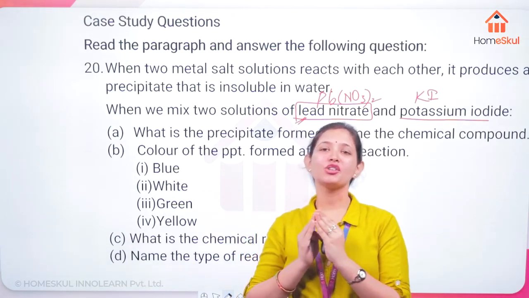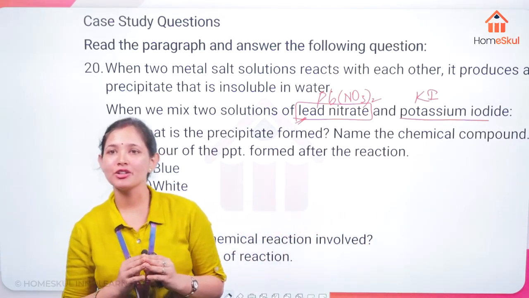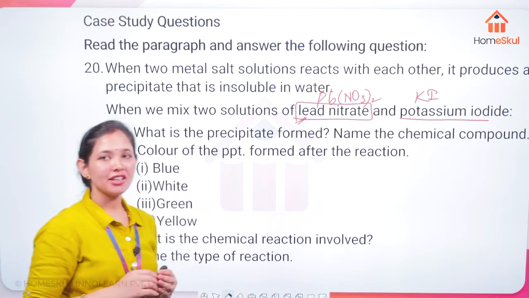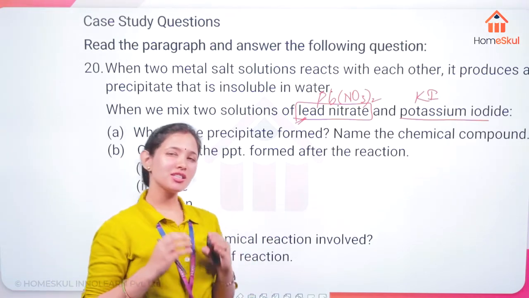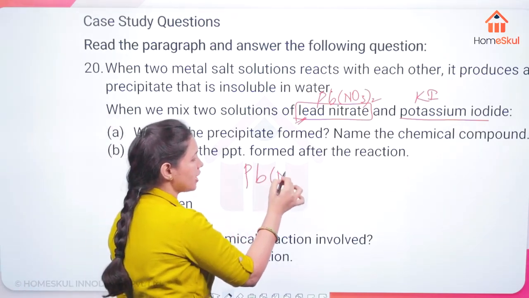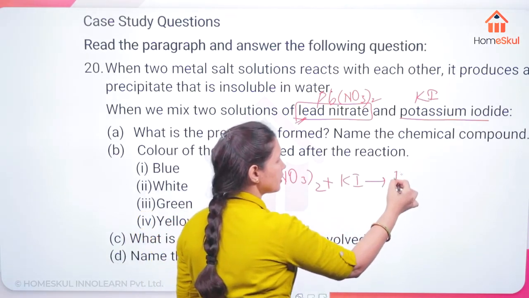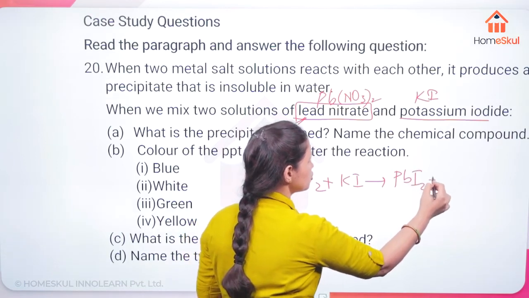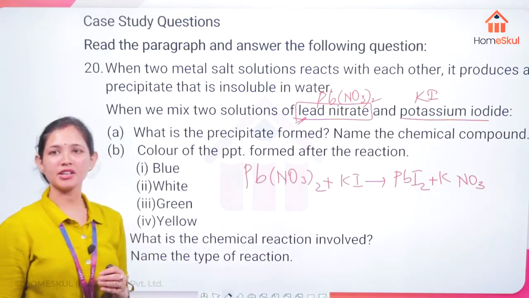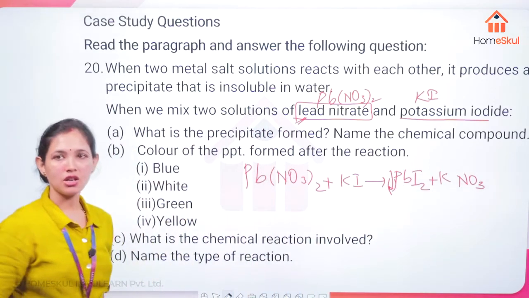Diya, it's PbI2. Anushka, you gave the complete equation. Very good. Very correct, Diya, PbI2. So just remember these things. Now here you are going to have potassium iodide. You are treating Pb(NO3)2 with KI. You are going to have PbI2 plus KNO3. This is my reaction. So this is the precipitate formed here, that is going to be the precipitate with a down-headed arrow.